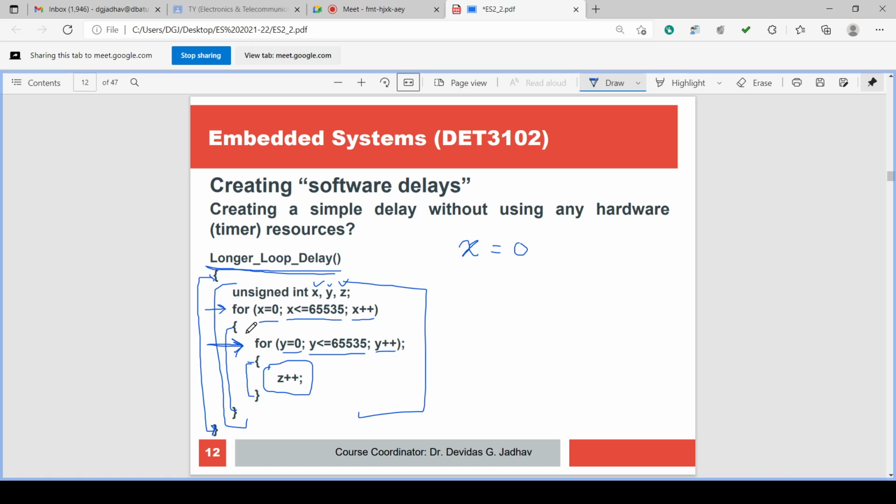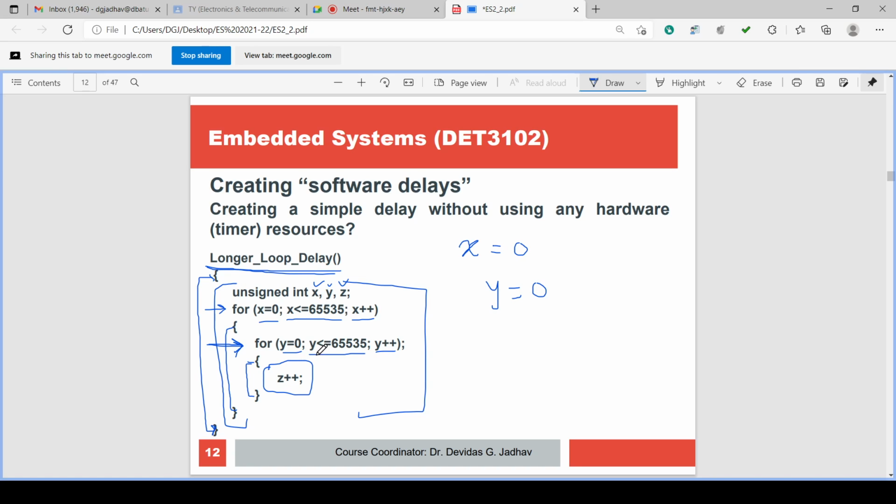First for loop is executed. All the programs are executed in the first for loop. In the program of the first for loop, there is a second for loop. In the second for loop, what is the initialization? Sorry, not x, it is y. Initialization is y equals 0 for the second for loop. It initializes y equal to 0.